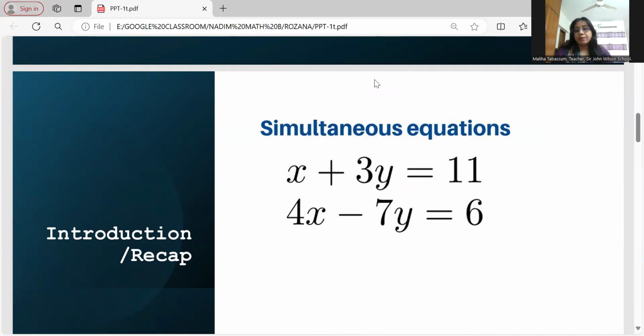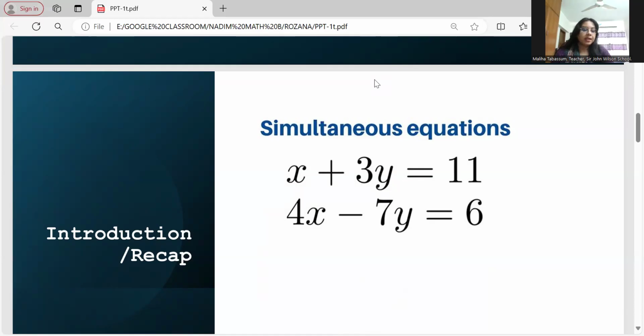Now come to the point: what is a linear equation and what is a non-linear equation? A linear equation is an equation of the first degree. It means it contains only linear terms. It means that the power of the variables x and y will be 1. But when the power or exponent of variables x and y is more than 1, like 2 or 3, those equations